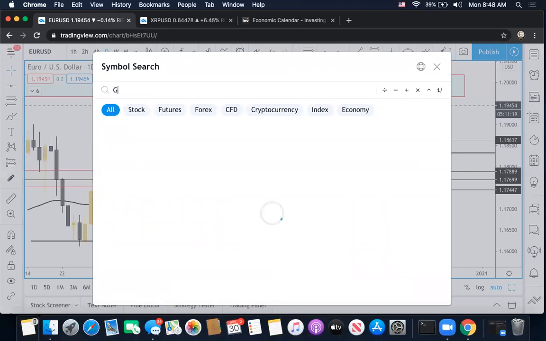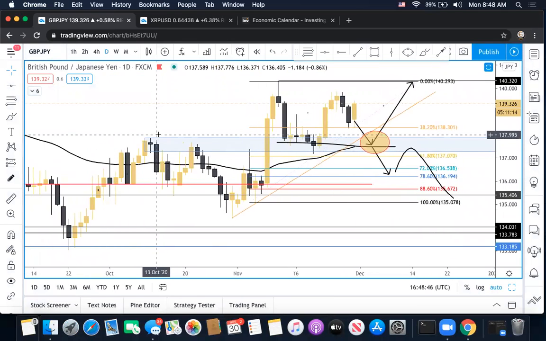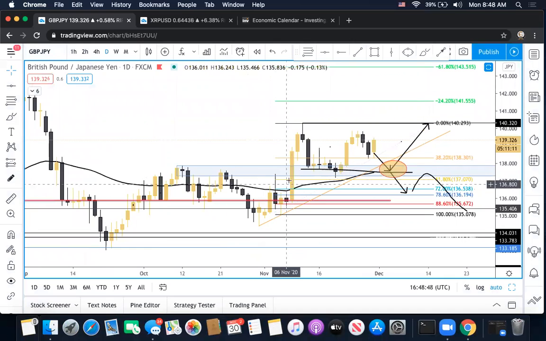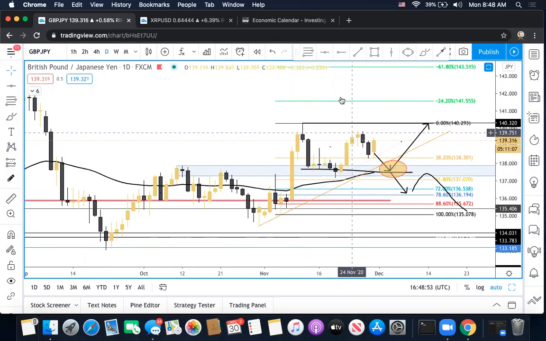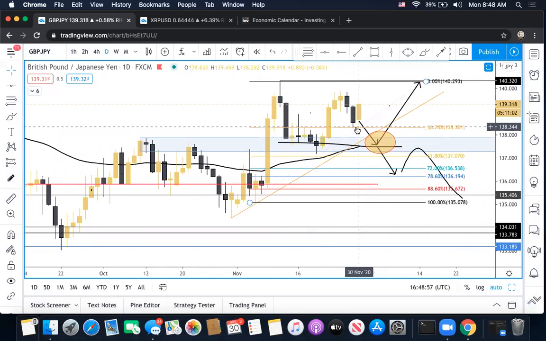All right, GBPJPY. So yeah, I've been bullish on this pair for a while, especially after this bullish engulfing broke above this resistance, came down, retested it perfectly, pushed to the upside. We didn't get a higher high right here, so the market pushed down, hit the 38.2. I honestly expected it to come down a little bit lower, but I said if price could not break below 1.385, then overall we're going to push to the upside. So that was a critical region, and price pushed down to that level earlier today and rejected.